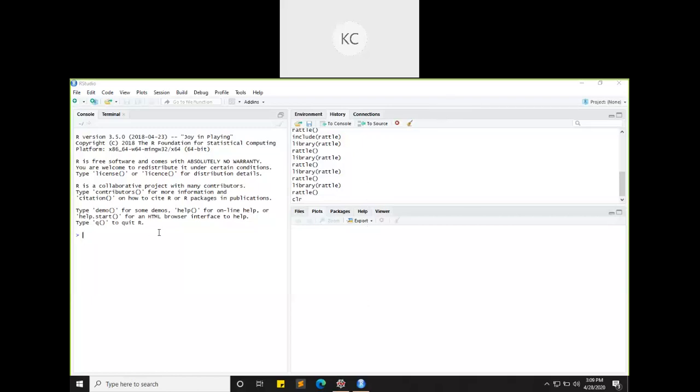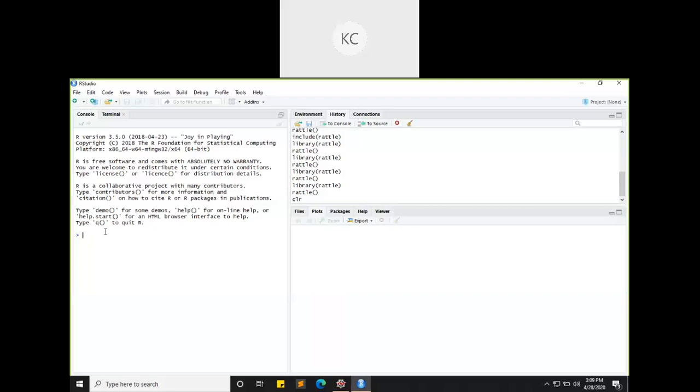So this tool is called RStudio. Here you can do R programming. There is one package called Rattle. This Rattle package can be used for doing your machine learning algorithms. Means for performing machine learning algorithms, we can use the Rattle package.